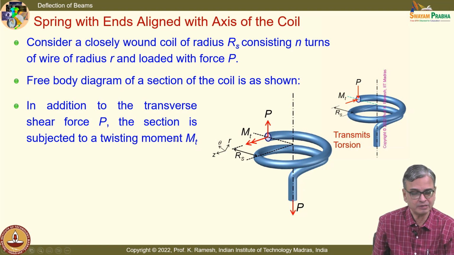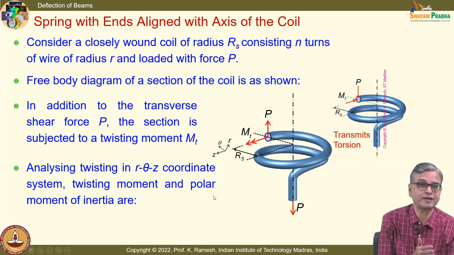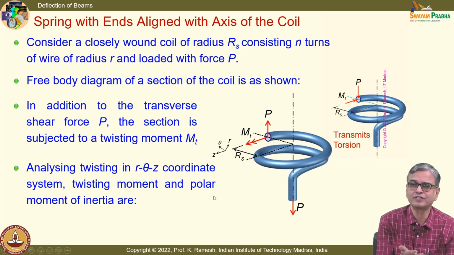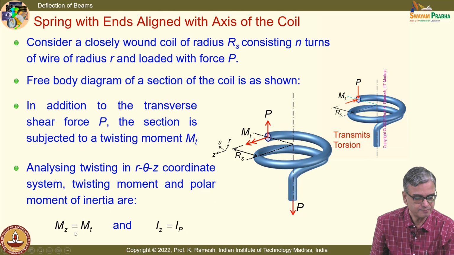So the spring cross section transfers a twisting moment and a shear force, and we will do it in r theta z coordinates, and you can easily write, very similar to what we have done for bending, it will be Mt squared by, instead of E, you will have G coming into the picture. You have to remember those expressions when you want to come to the energy method. So I have Mz as Mt and Iz as Ip when I want to do it in the